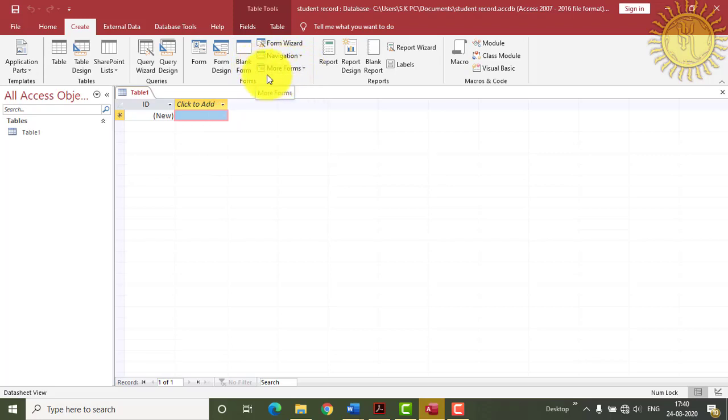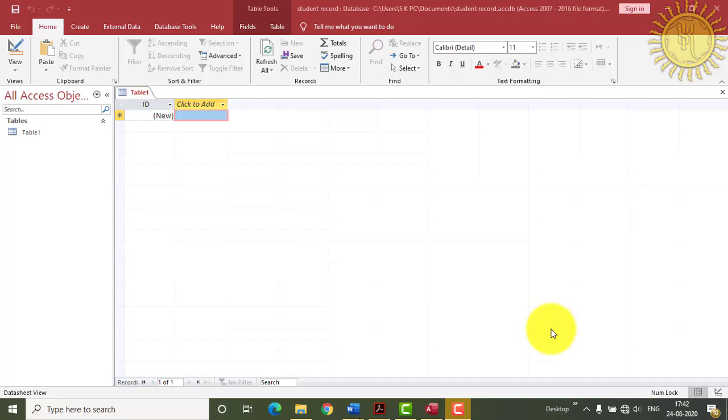These are the database objects under the Create tab. Here you can see the tables, forms, reports, queries, macros, and modules. All these 6 types of database objects are available in this Create tab.